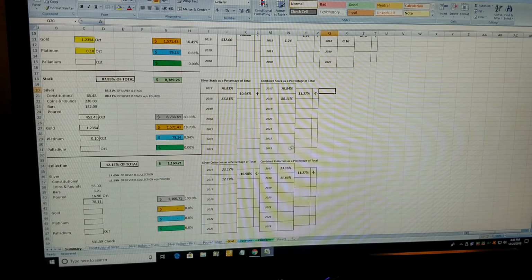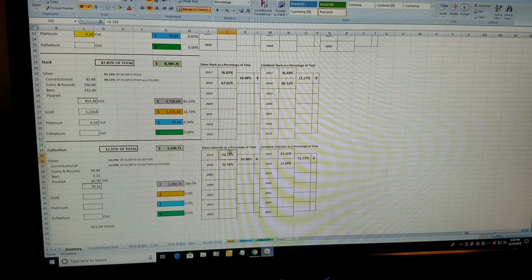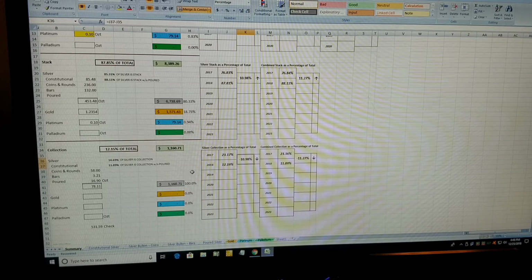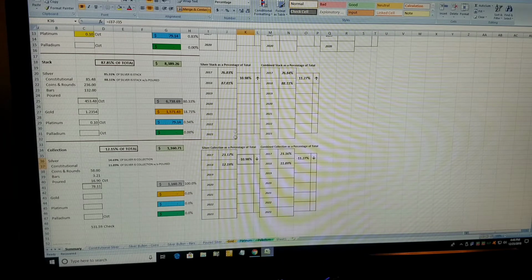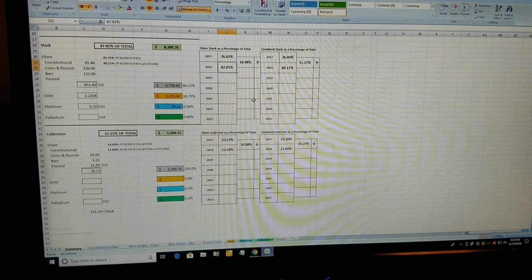And then you can see here pretty much the inverse of how much of my accumulation was collectible, and it's just going to show the inverse, showing that it's been reduced by almost 11% and 11.2% respectively, which is a step in the right direction. I wanted to aim for this number right here, the total percentage of my silver being stack silver and not just collectibles. I wanted to aim for 90% or better. We're knocking on the door of 88%, so I'm happy with that,